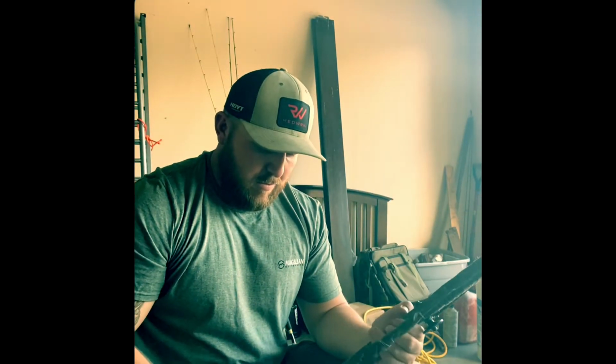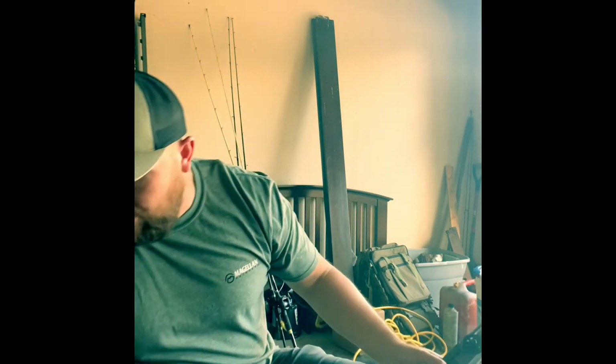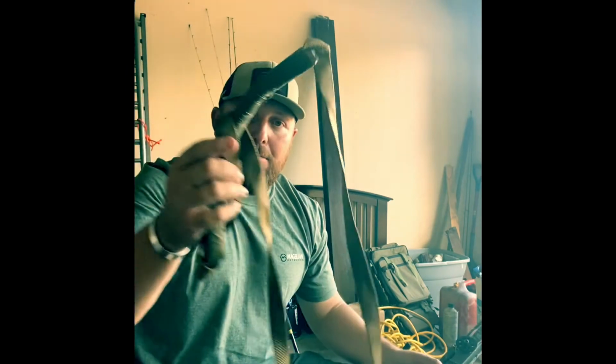Oh, and it's lighter. It made my sticks end up being 3 pounds a piece, which is, in my book, pretty light. Now, the last thing I did was I went from using a movable aider,